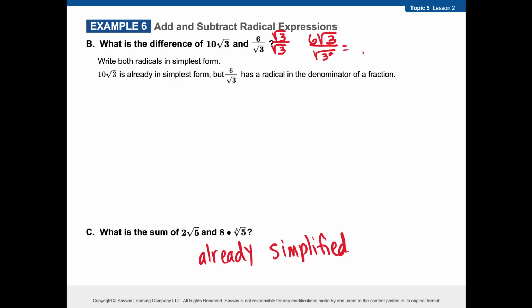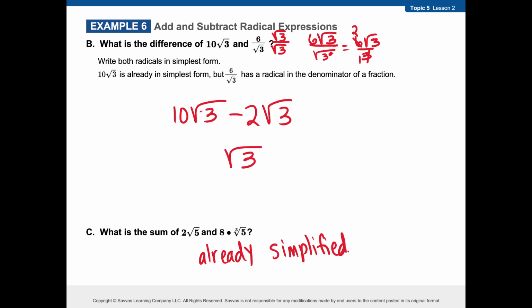That becomes a 3 squared or a 9. A 3 comes out, square root of 9 is 3. And then I can simplify, 3 goes into itself once, it's a 6 twice. So now I can subtract 10 radical 3 minus a 2 radical 3. Now they